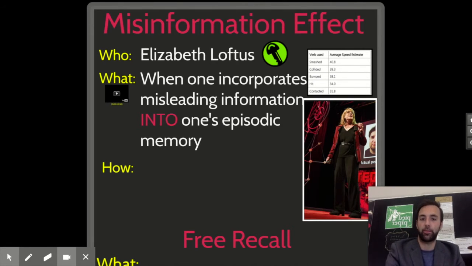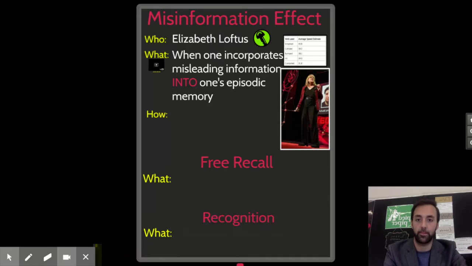if somebody asks you misleading information, we have found that it is very easy to pollute your memory, specifically of an episodic memory. So, for example, if you were the witness to a crime, it's very easy for certain types of misleading information to be presented to you and have that totally pollute your recollection of the event. And it's so pivotal from a criminal justice perspective that someone can actually be incredibly confident in their recollection of an event, but because of misleading information, can totally distort the actual accuracy of that event.